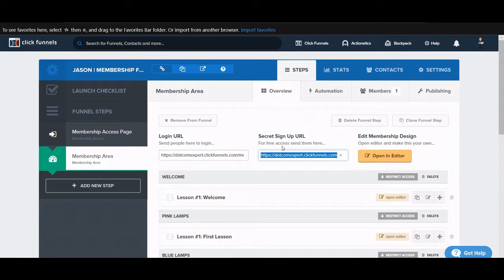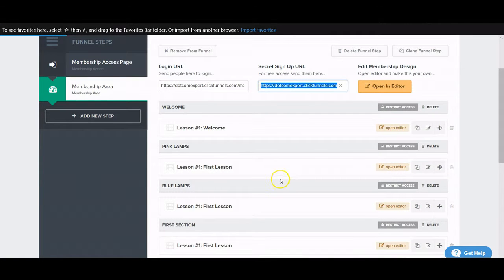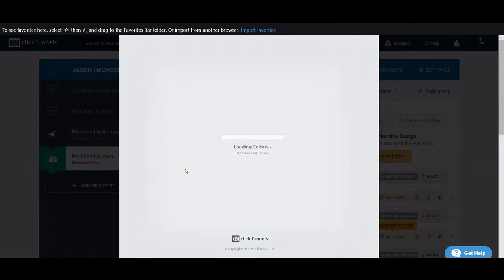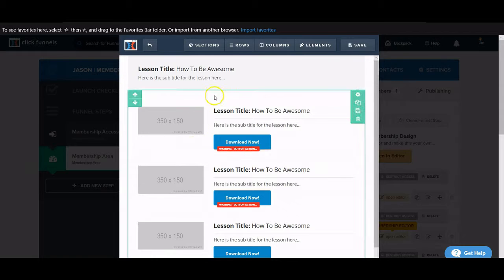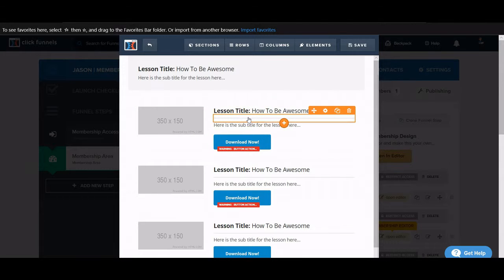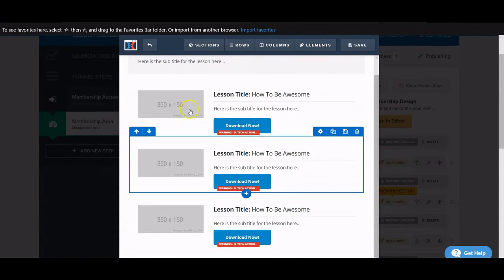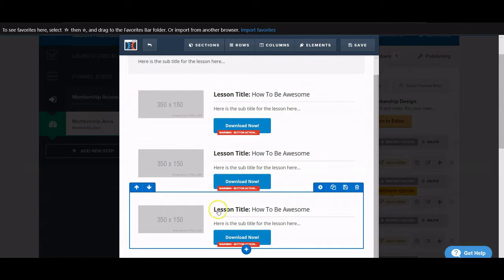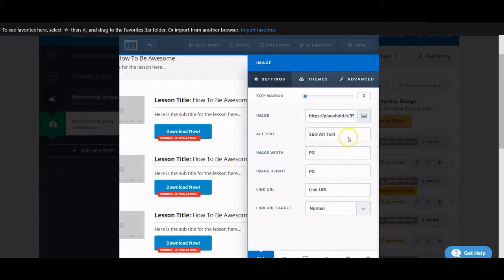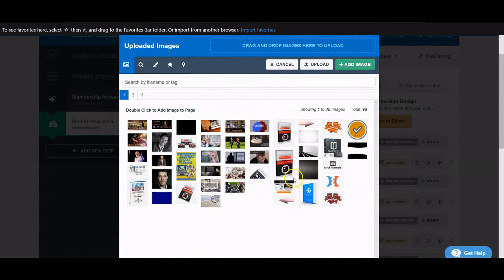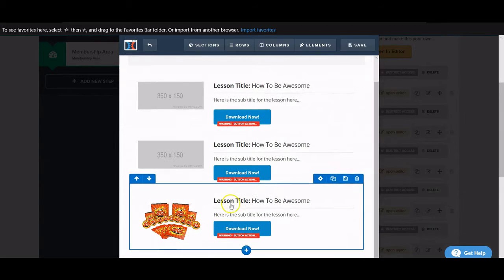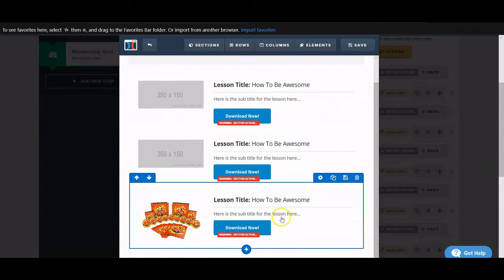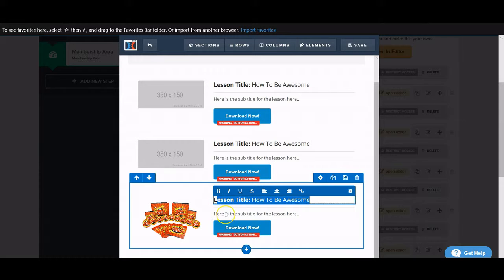All right, so a couple things. First off, I'm just going to throw out an idea. Let's say you were marketing a product. Let's say you were marketing pink lamps, right? And let's say this was all course content here. And at the end of that course content, you maybe wanted to throw in some kind of a promotion. So you could say, I have this awesome course that you can get on how to buy